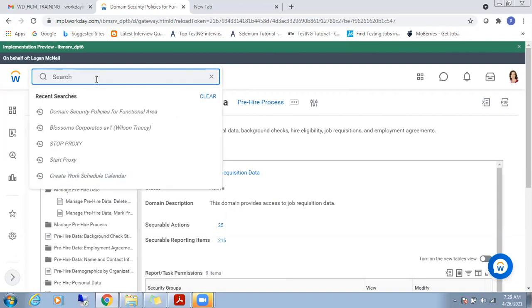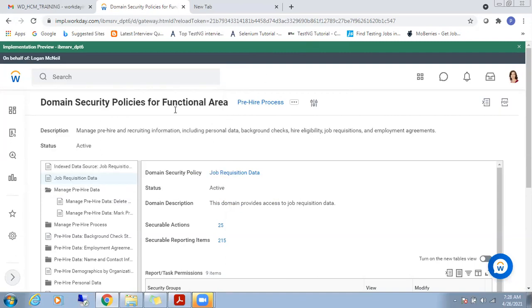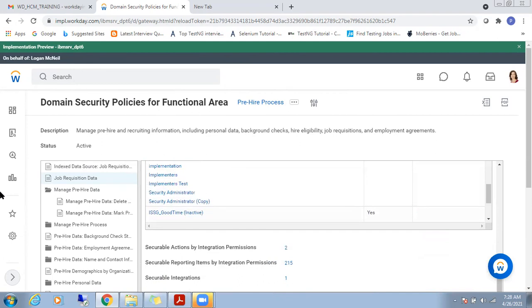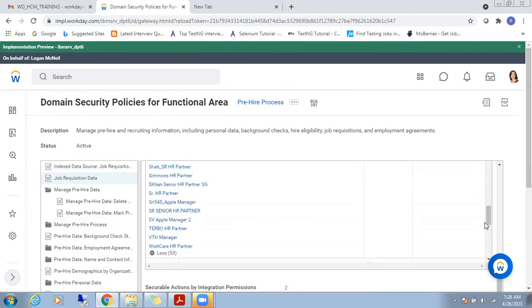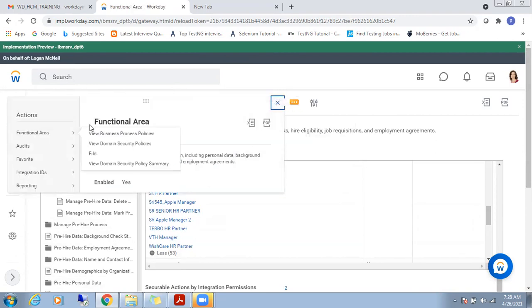Or we can directly go to domain security policies for functional area, give the function name, and when you give the function name, we come here. So these are the different types of domains. If you want to provide access to any of the particular groups, there is an option. Can you see the related actions?